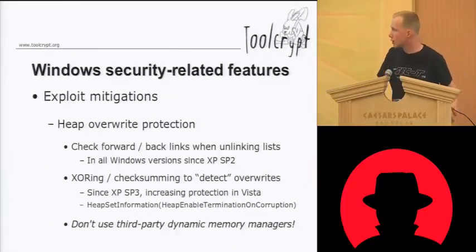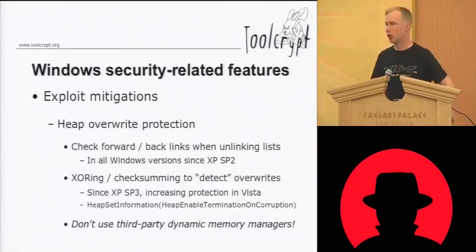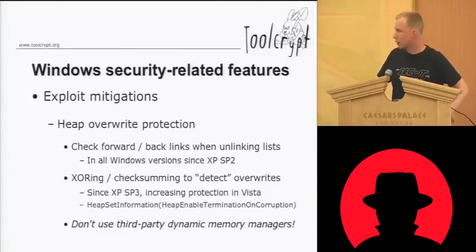And that was implemented in XP, so SP2. But there are more advanced protections in place in Vista, for example, and later versions, such as encrypting, or rather obfuscating metadata, and using checksums to validate the integrity of metadata, other than just the forward and backward links. And these you actually need to enable,